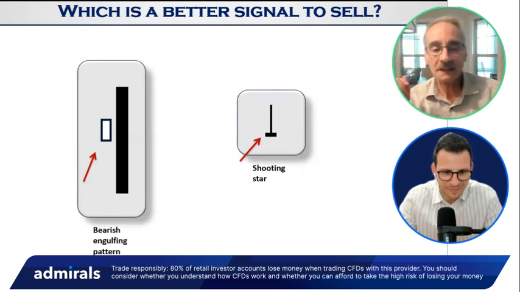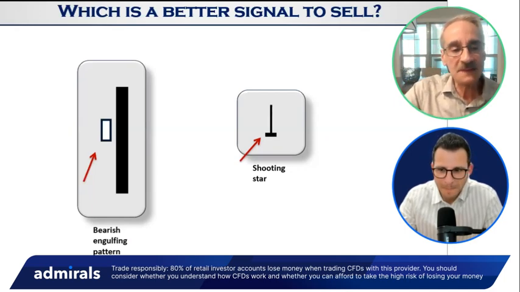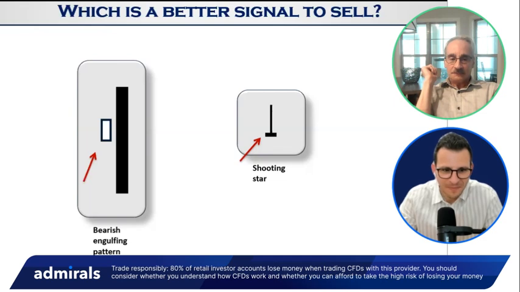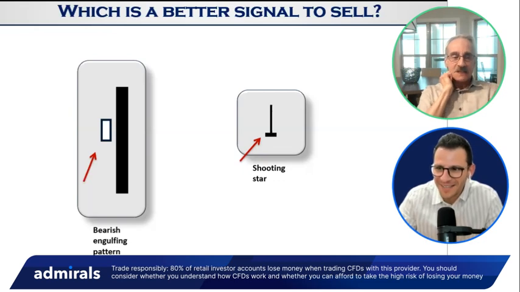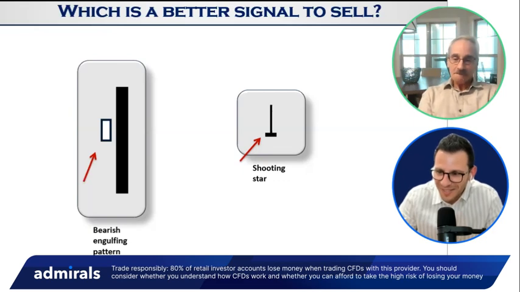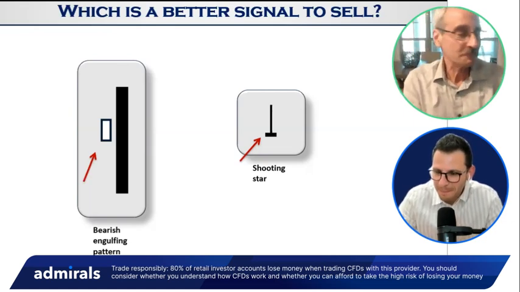Last couple of slides, and then I'll have a slide for more information, then ask questions. Which is a better signal to sell? When I made this, I made black instead of red, and white instead of green. Which is a better signal to sell? That's a very tricky question. We have a few minutes, so why don't they type in the answer? Just say B for bearish and S for shooting star to save time. You can use the chat box and type which one you believe is better, or if you have another idea.